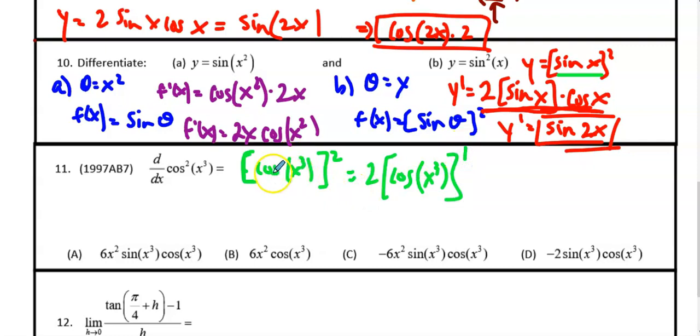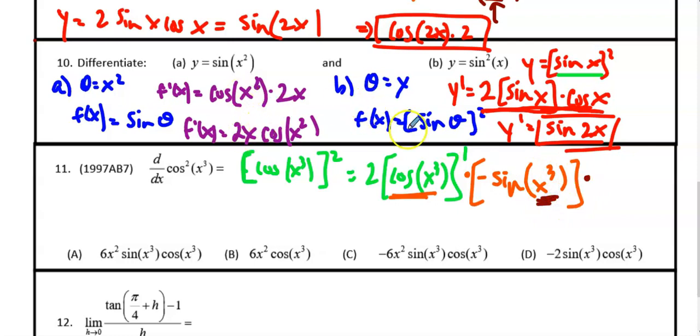So our attention is just on the outside 2, and again, we now have our attention go to here. Well, just like in this example with this one, the derivative of cosine of x cubed is going to be, well, again, because the cosine starts with a c, we're going to change the sign, so it's going to be negative sine of x cubed. So again, take the derivative of the trig function, leave theta alone,